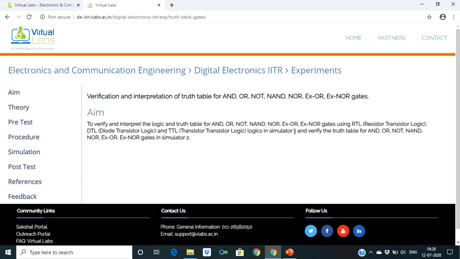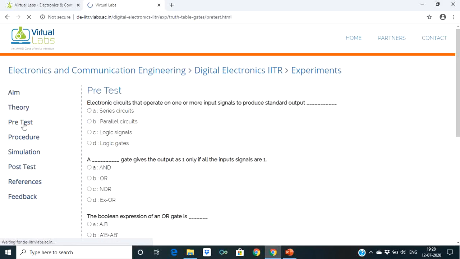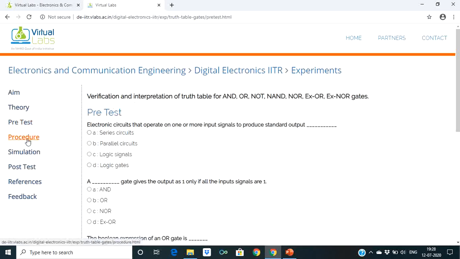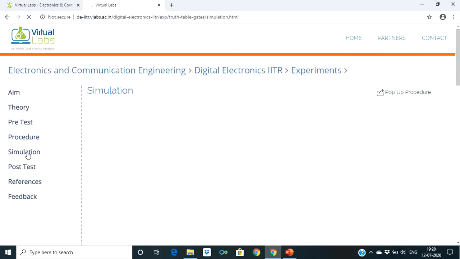You will see two simulators. In the first simulator you will implement these using discrete components, and in simulator 2 you can verify the truth table. Here you can see the theory part, then this is the pre-test, you can take this test, then procedure, and finally simulation. So we will perform it.